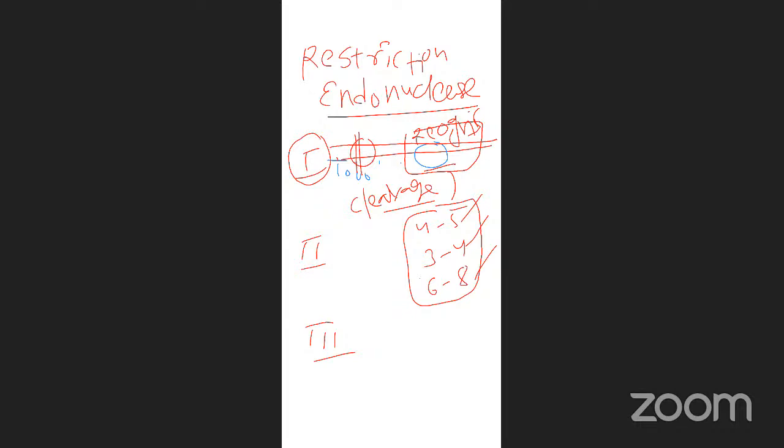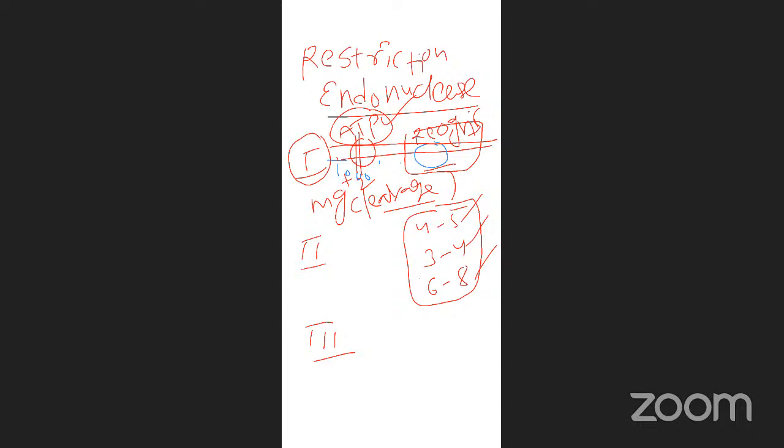For activity, the type 1 enzyme requires magnesium ion and also ATP energy. For this cleavage reaction, the type 1 restriction enzyme requires magnesium and also ATP energy. The type 1 restriction enzyme possesses several subunits. I already told you at the very beginning that it is a complex with multiple subunits such as